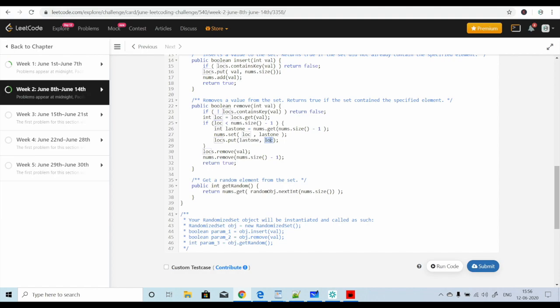Previously the index of that element was numbers.size minus 1, but as it moves to the new location, we need to change that location also. Next, we remove that value from the hash map, as well as remove the last entry from the array list, and then we return true. So that's how our remove method works.